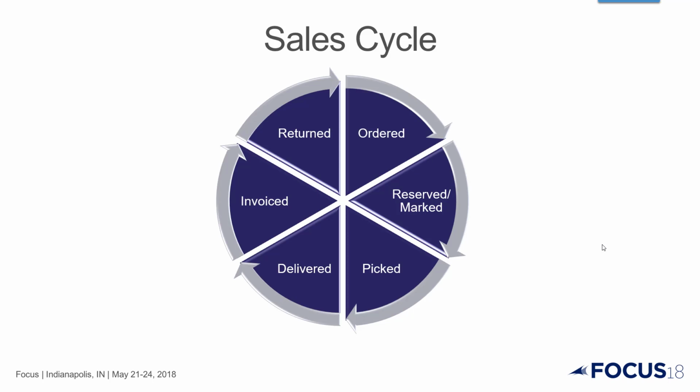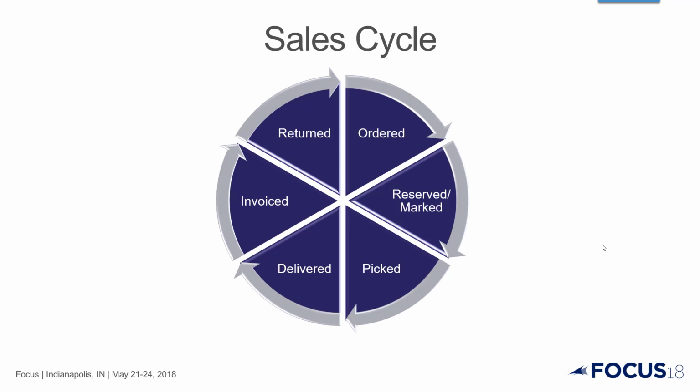Then the next step is reserved or marked. We kind of talked about them, but these mean that I've run a process to do a reservation or a marking, committing that inventory to that order. Now, it doesn't mean it can't be taken for another order. You have to do something, though, to remove that reservation to make it available, is the key. And the deeper you tie it, the harder it is. So marked means something you're planning on absolutely doing, but it doesn't mean you can't unmark it and make it available for other